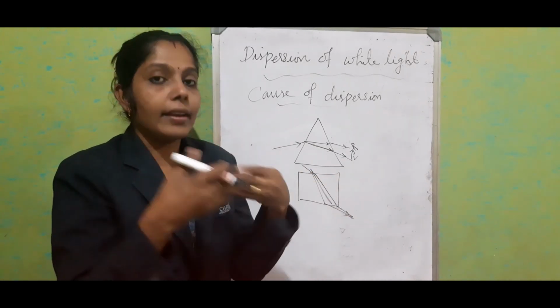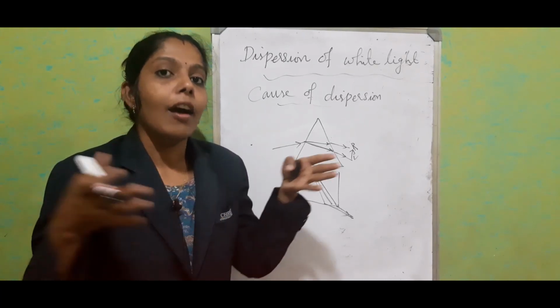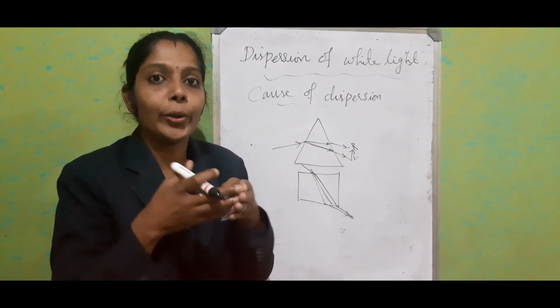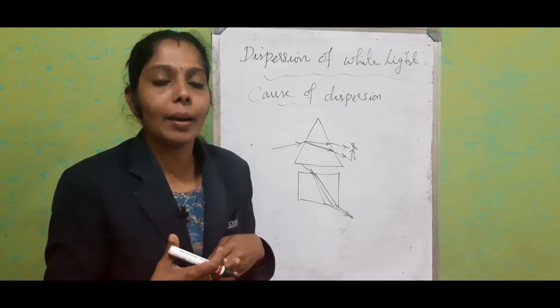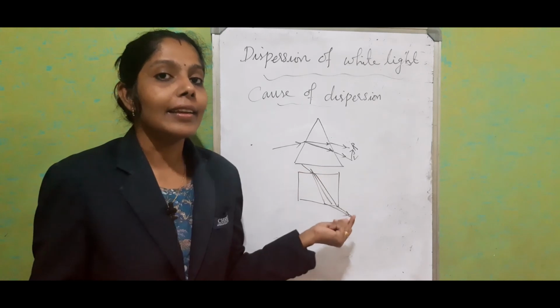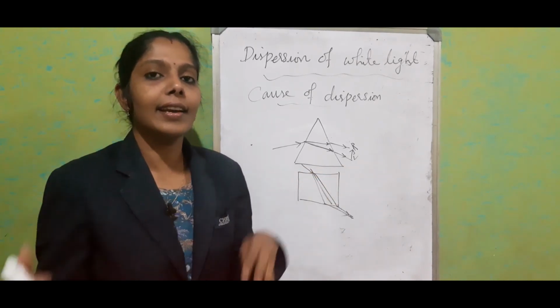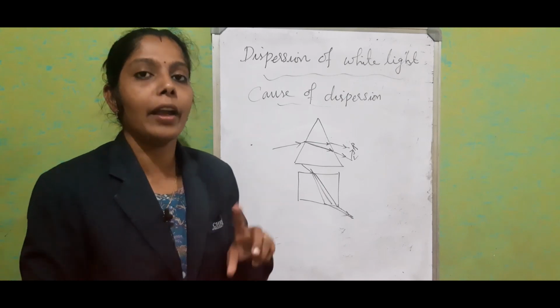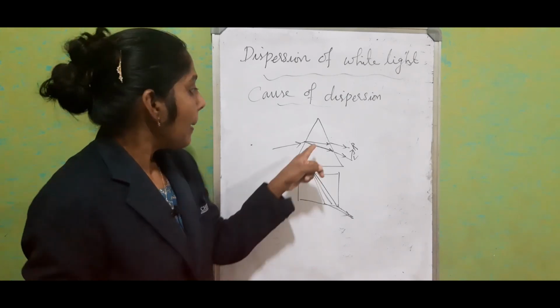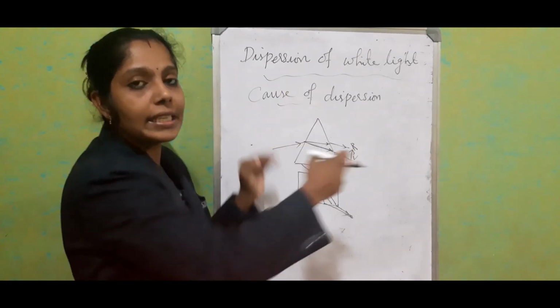Afterwards, when it emerges out of the glass slab, all the 7 colors join together again and come out. So we are not able to identify the splitting when it comes out. So we get the incident ray as the emergent ray because the same angle of emergence happens. But here it happens for different angles due to this slanted